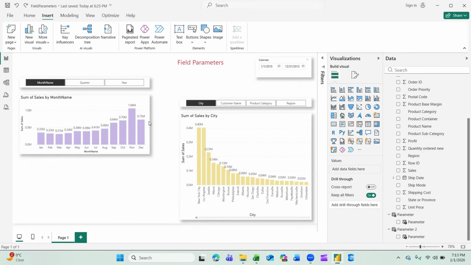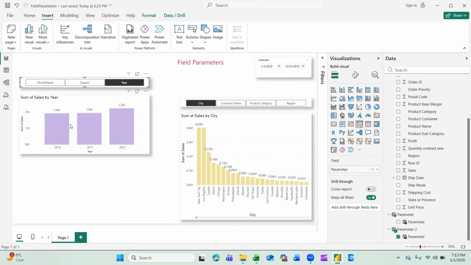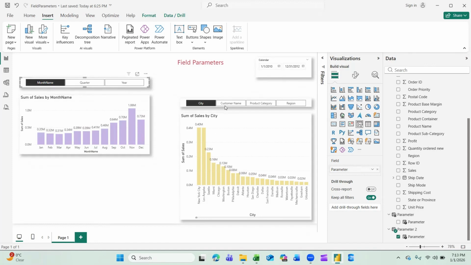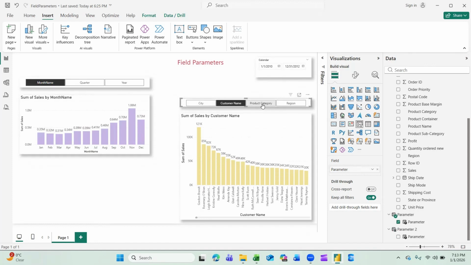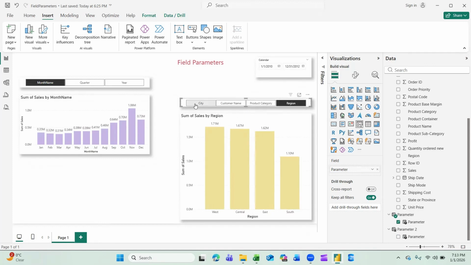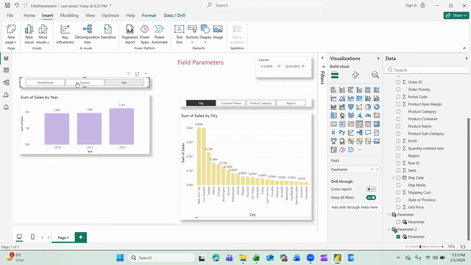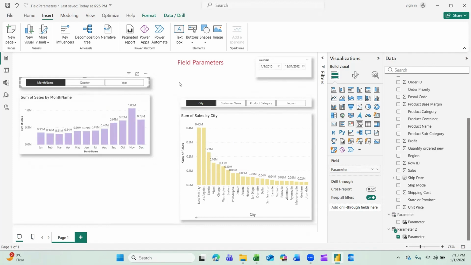So basically we have two graphs, and as you can see we have some buttons here. If we press on this button, you can see that on the graph we change all the visualization. So everything is behaving like some filters on those graphs. And to achieve this is very simple. I will show you how we can do this.